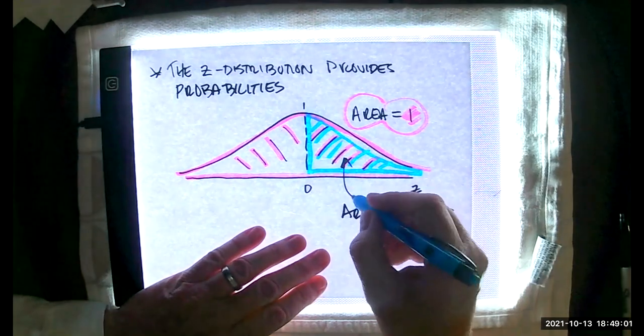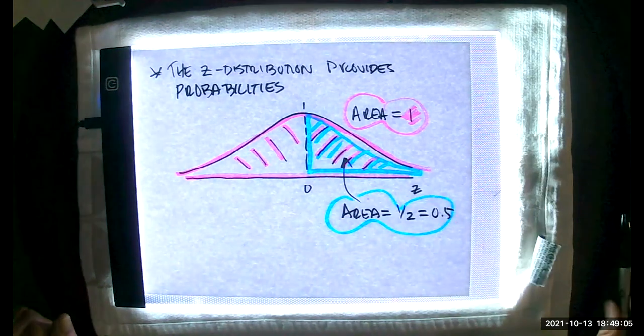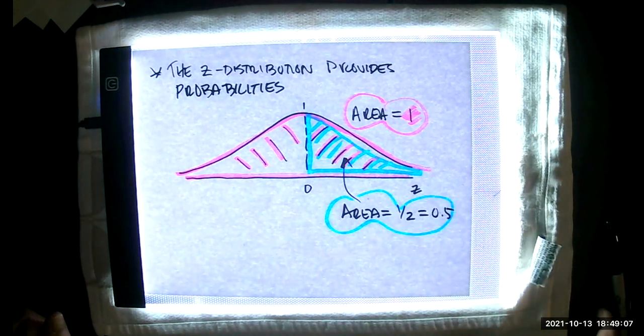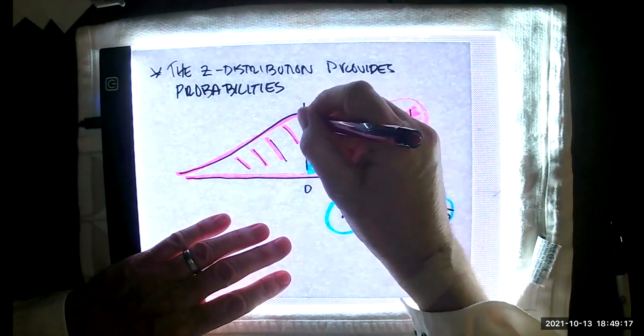And since our graph is symmetric, this also applies to the other side of the graph. So over here,